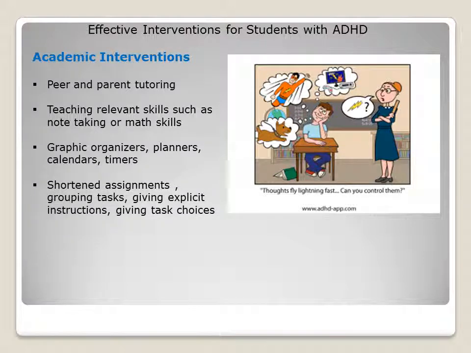Shorten assignments, grouping tasks, giving explicit instructions, giving task choices. I've seen choice cards being used, and it may have 6 boxes on that one sheet, and a student can pick any 3 boxes, any 3 assignments to complete on that sheet. Shortened assignments can be, one day they do all the odd number problems, the next day they do all the even problems. And giving explicit instructions, that would be very specific instructions, step by step even, so that